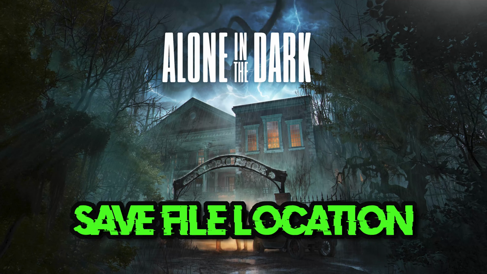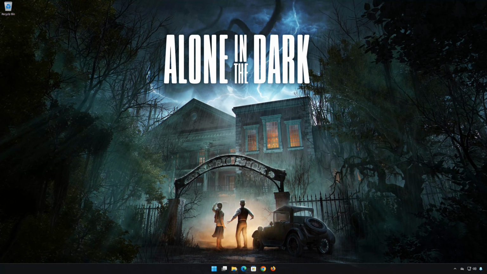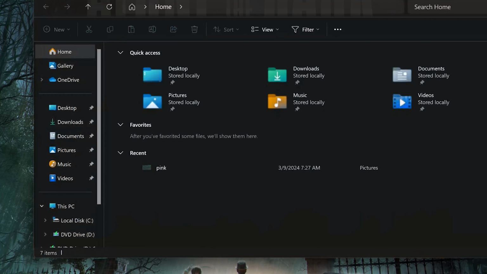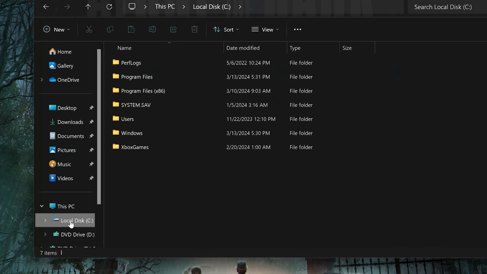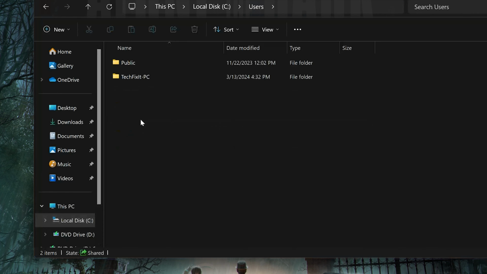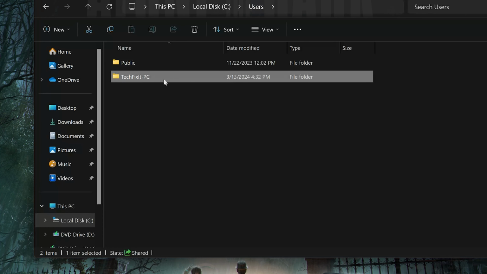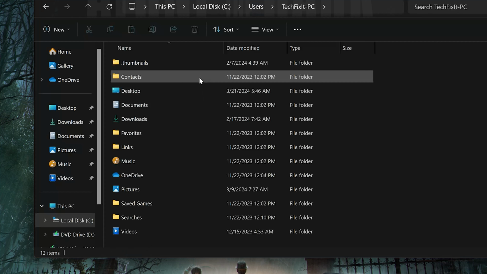In this tutorial, you will learn where to find your save files and config files in Alienware. First, open a folder, open your C drive, open users, open your usernames folder, click on View,